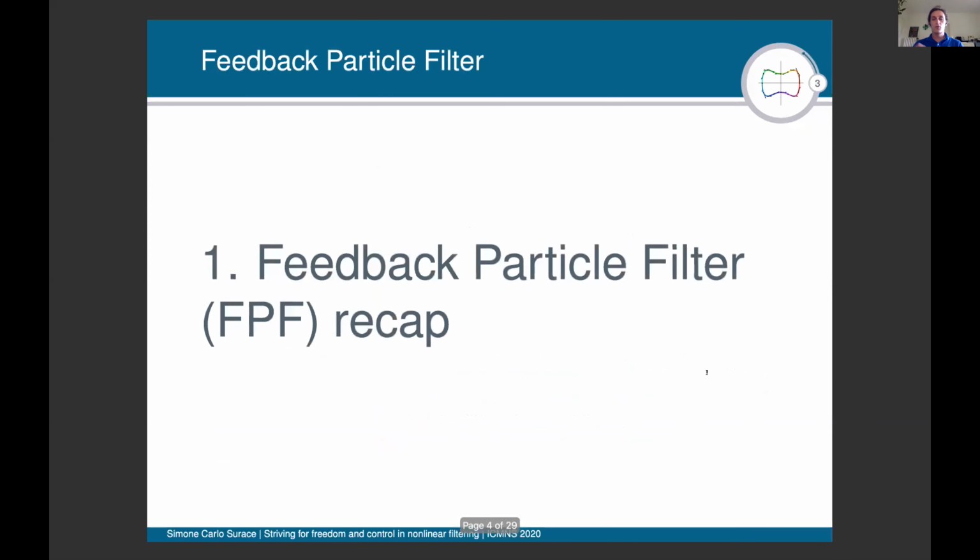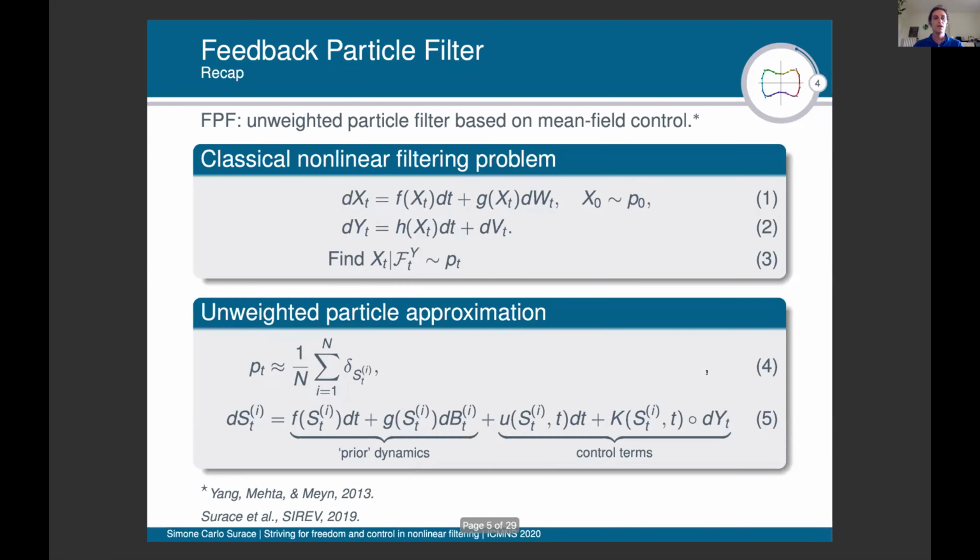Before talking about these two projects, I will first recap the feedback particle filter, and this will also allow me to introduce the filtering problem. So the feedback particle filter is an elegant approach for particle filtering, which is based on mean field control. The reason why one may look at unweighted particle filters as opposed to weighted particle filters, which are kind of the standard already for almost 30 years now, is that